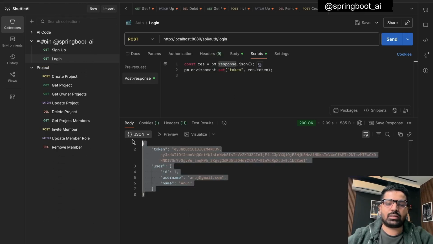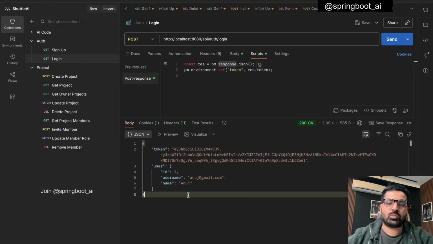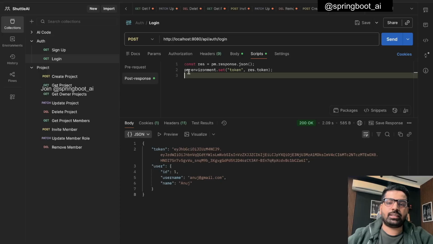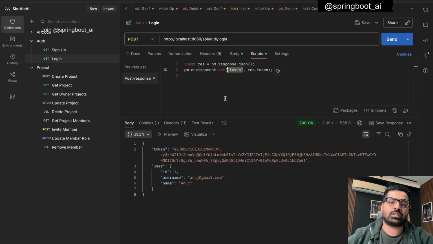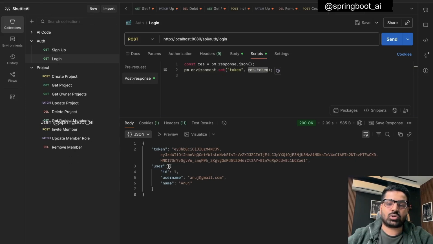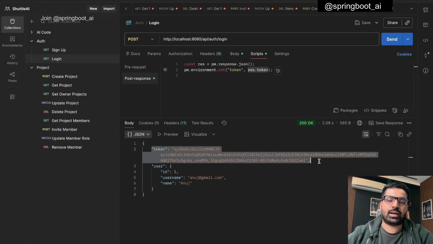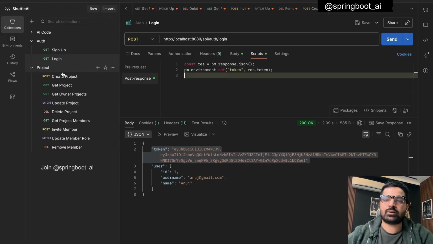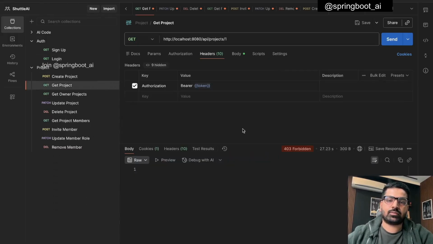Postman.response.json, this will get the whole response, convert it into a JSON format, and then basically we have this pm.environment.set, and now we can create any kind of a variable here. For example, this is token, but you can call it JWT whatever, and this will set this environment variable inside this environment, and this is setting this response.token, which is this token. It will get the token value from here, it will set it here, and now you can use it anywhere